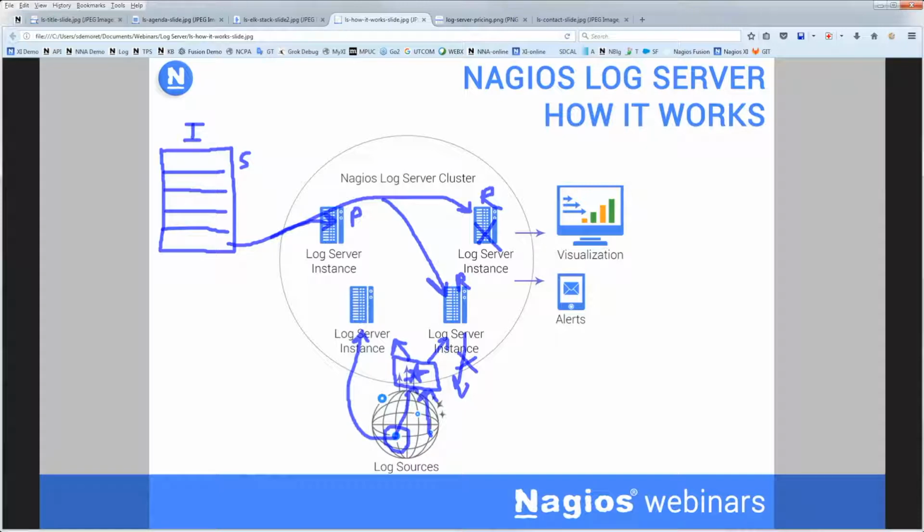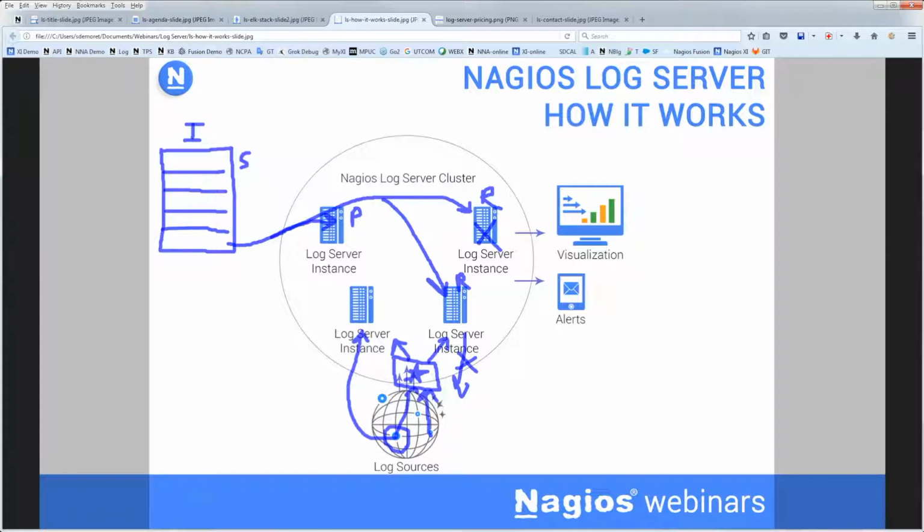And of course, the more instances that you have in your cluster, the better your redundancy is. And also the greater ability that the cluster has to intake larger quantities of data, store the data for a longer amount of time, and so on and so forth. So we've got a single instance option, but there you wouldn't have the redundancy, and also multiple instances have high value in providing you with load balanced, faster searches. So the more instances you have, the faster it will be to actually run complex queries